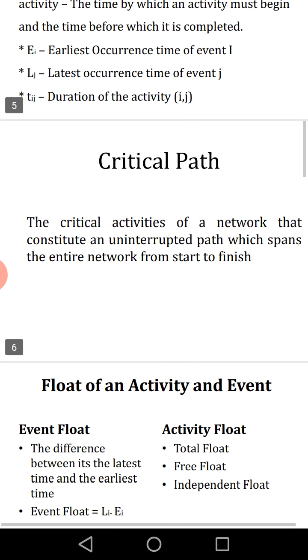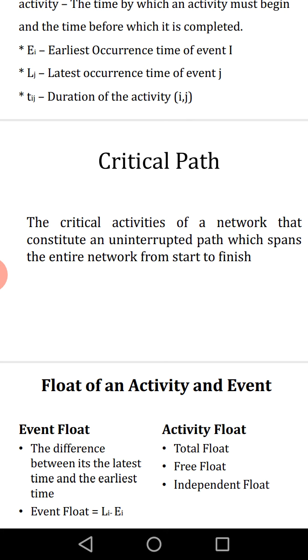Now what about the critical path? The critical activities of a network which constitute an uninterrupted path that spans the entire network from start to finish, you call that a critical path. So the critical path comprises the critical activities.